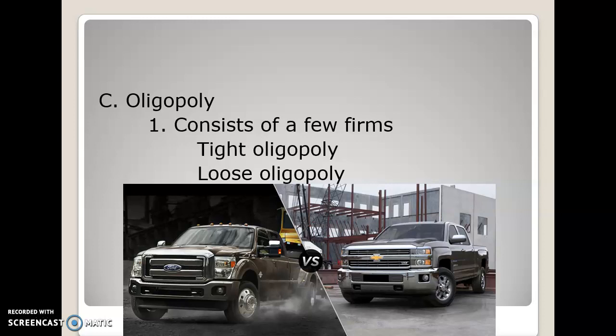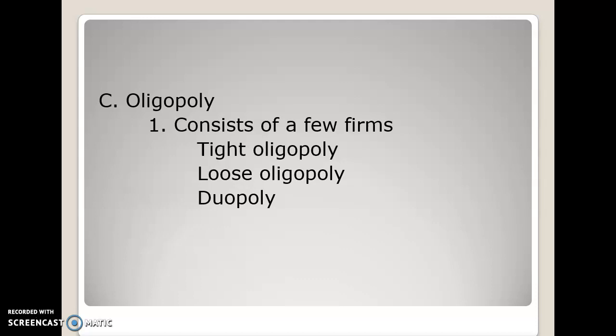Another type of oligopoly is known as a duopoly. This is an industry in which there are exactly 2 firms. That's the definition for you. And then one more term that we'll define is the word synergy. On page 171, there is a box that I want you to read to yourself entitled Synergy. Please read that to yourself. Once you have finished, we will resume the video.